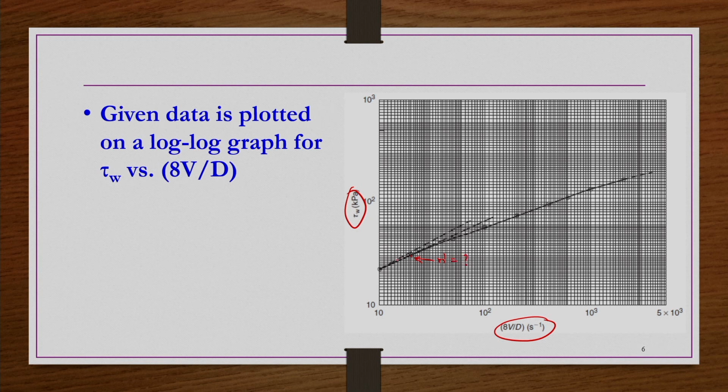You draw a tangent at this point like this, right, and then you find out the slope of this tangent line, that is nothing but your n prime. Let us say you wanted to measure the n prime value when the tau w value is coinciding at this point. So, at this point what you have to do? You have to draw a tangent like this very carefully and then find out the slope of this line. So, that would be giving your n prime value for this tau w.